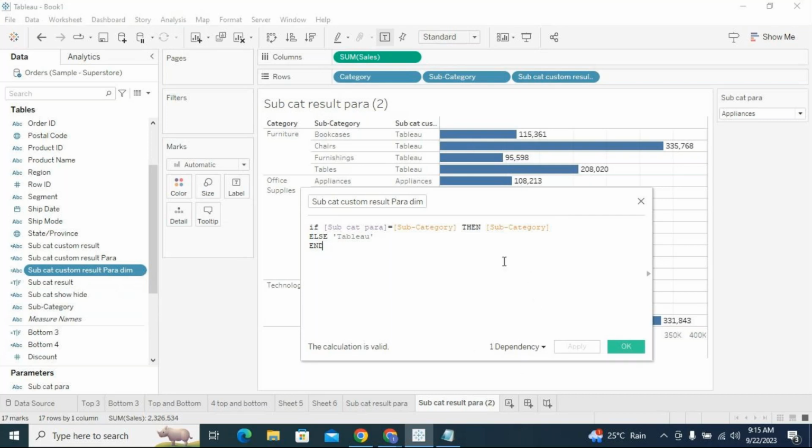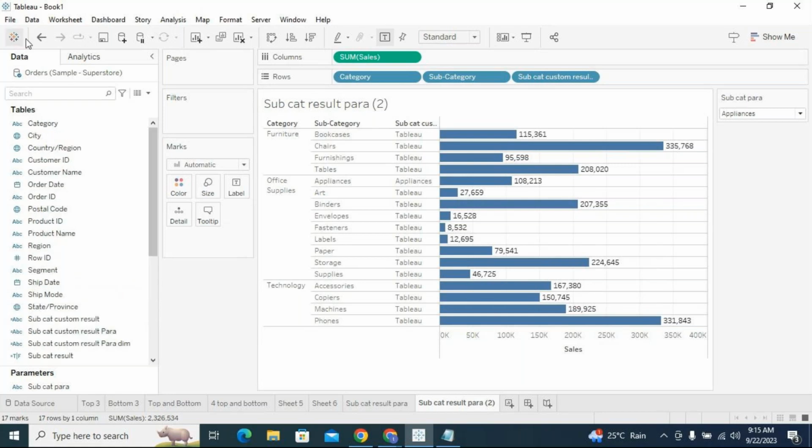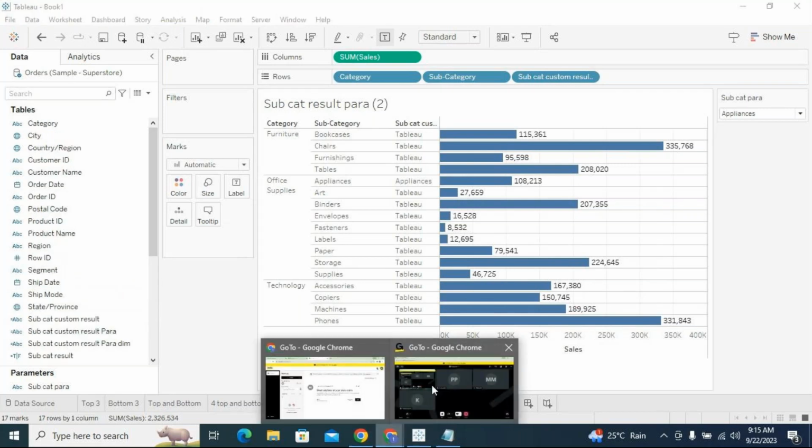Okay. Got it? So that is the way you can customize your calculations. How good you are at writing a calculation plays a very important role. This is completely logical, so you should be very good at writing and optimizing your calculations. Hope you got it. So for now I am ending the session. We'll connect